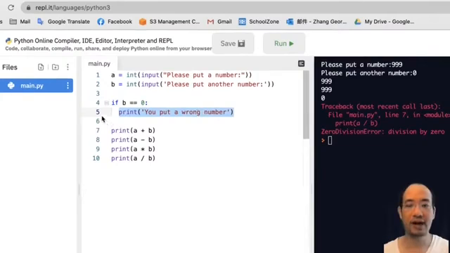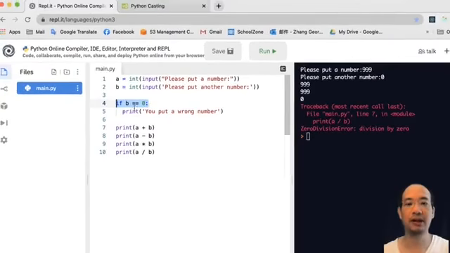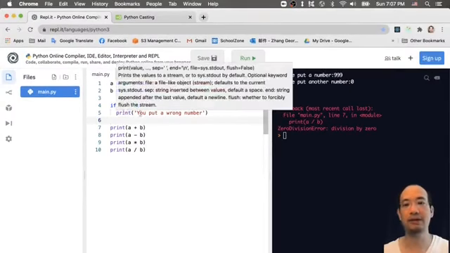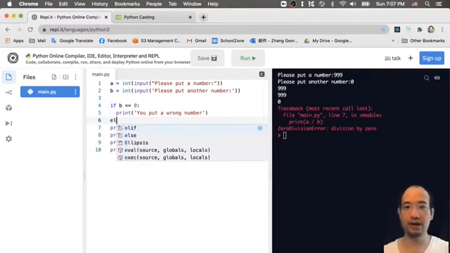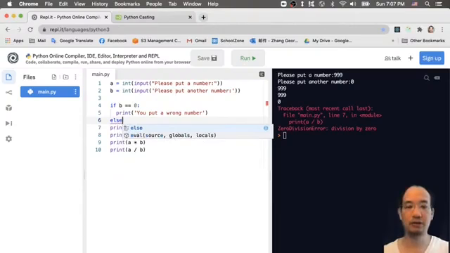this line of code number 5, a block of code inside this if condition. What I'm talking about is, if b equal to 0, you should do this. Okay, you should do print, you put a long number. Otherwise, if b is not equal to 0, you do the rest of them. So what I'm going to do is just put else,